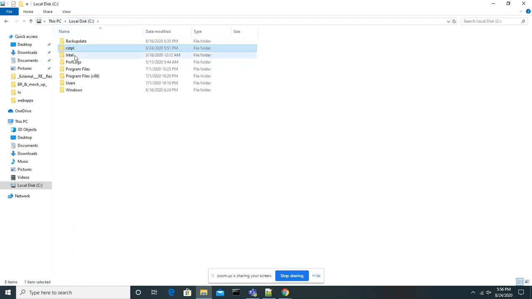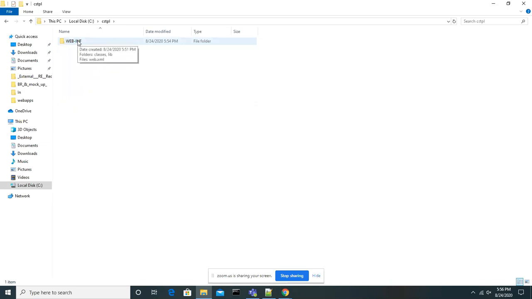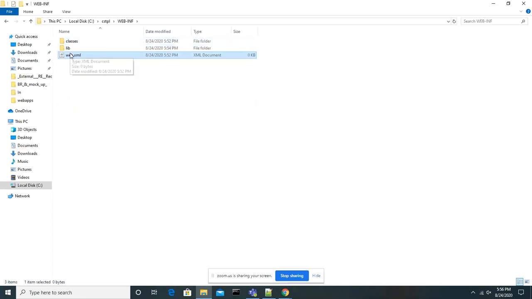So what is this, guys? This is the project name, that you can give anything. And what is this? WEB-INF. You have to give it the same way. You should not give it in your own way. All should be capital, and you have to give WEB-INF. Under that WEB-INF, classes folder, lib folder, web.xml. Everything should be the same as whatever I gave. You should not give your own names. You have to give the same names: classes folder, lib folder, web.xml file.